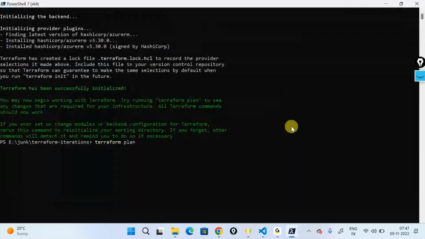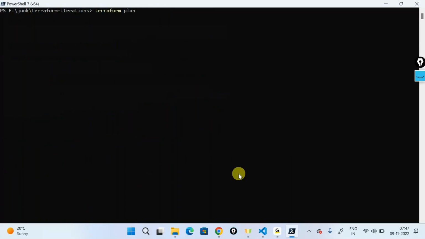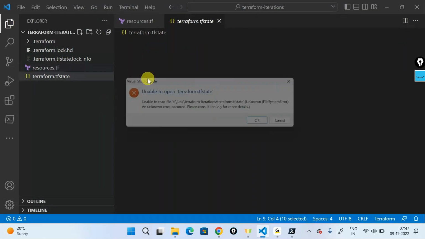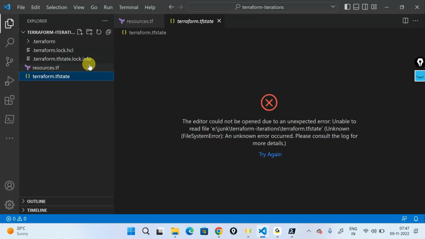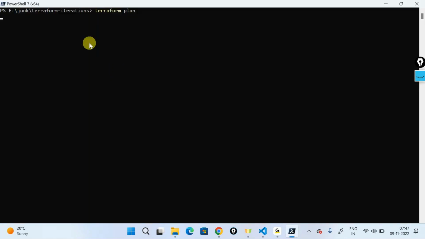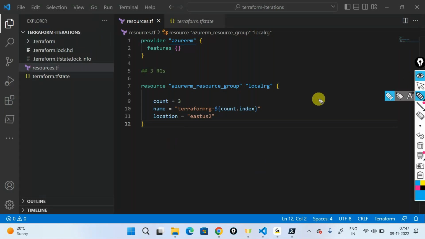So now I'll say, okay, fine, I'll create 3 different resources for you. Again, I just cancel this operation. Let me run this once again. It will take some time to generate the plan, so let me wait for it. I cannot look into my state file because it's building my state file right now. It's trying to understand what the state file is. We'll allow it some time, and it should go ahead and tell us